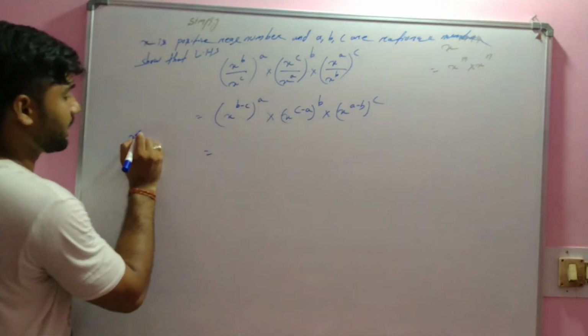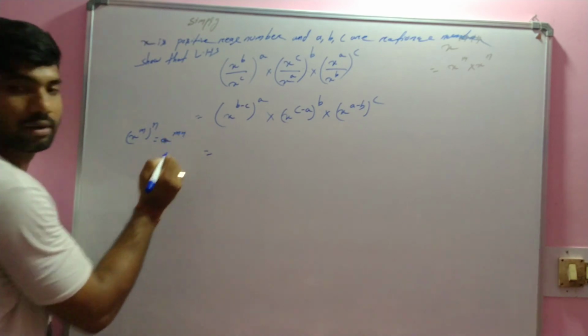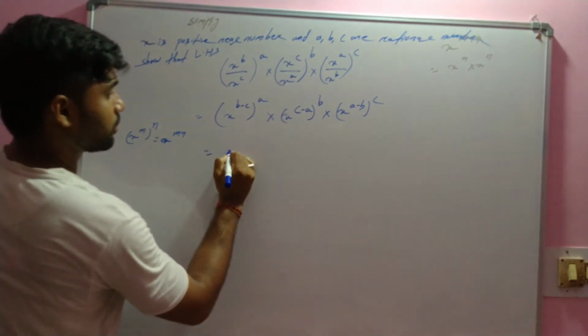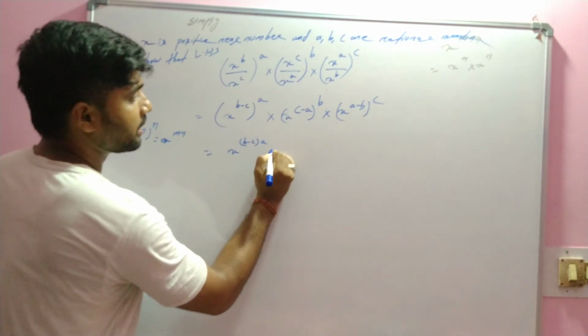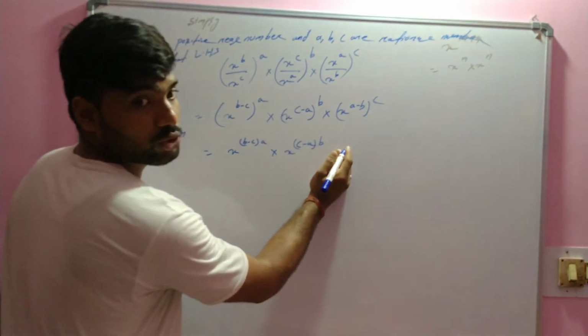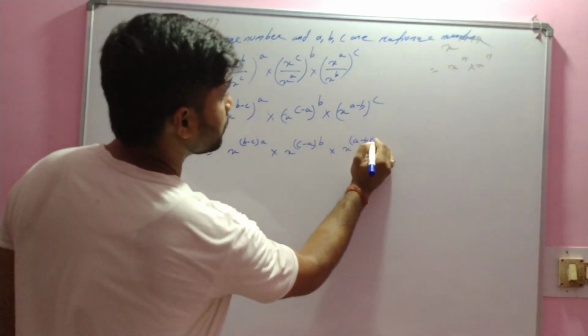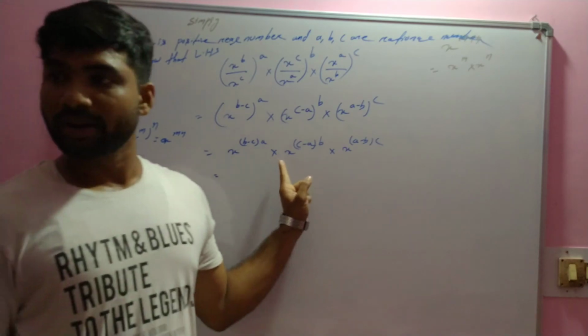(a to the power m) whole to the power n means x to the power mn. Yes, you have to multiply the powers. So x to the power it may be written as (b minus c) whole into a, into x to the power (c minus a) whole into b. Trusha, look here. Into x to the power (a minus b) whole into c. If you multiply this using distributive